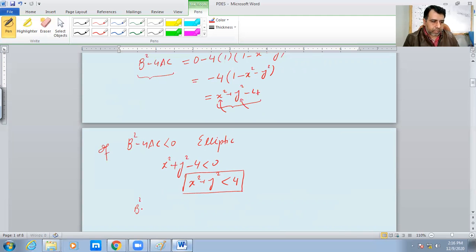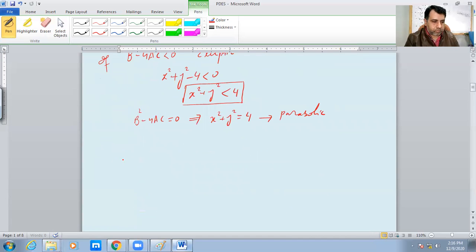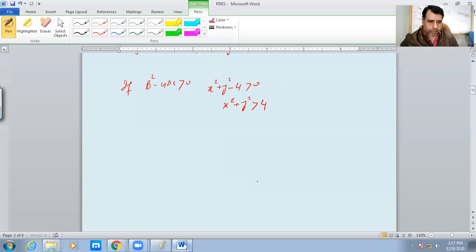If b square minus 4ac equals 0, we get x square plus y square equals 4, in which case the equation will be parabolic. And in the last case, if b square minus 4ac is greater than 0, we have x square plus y square greater than 4. So if I sketch the